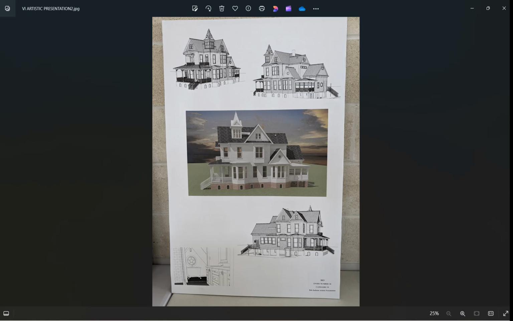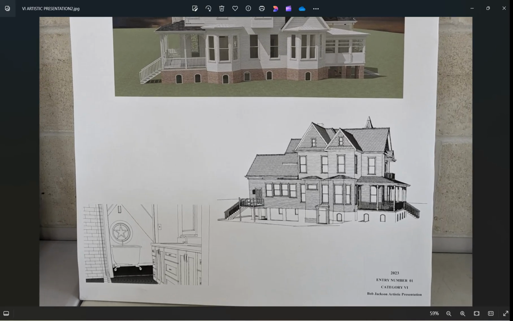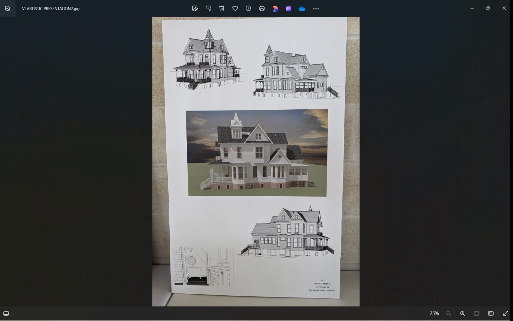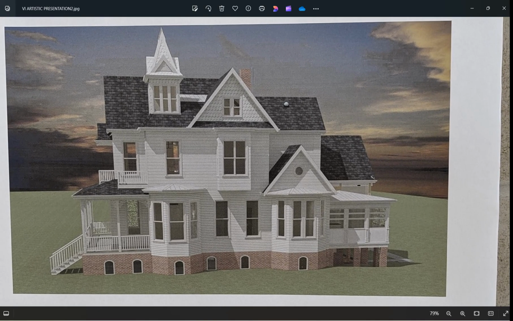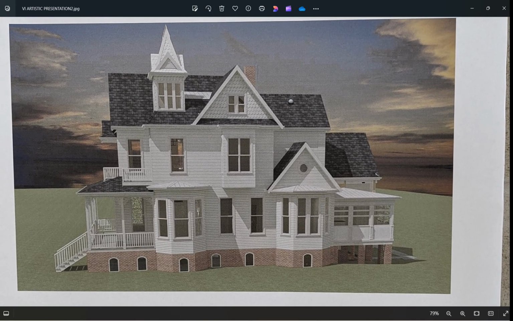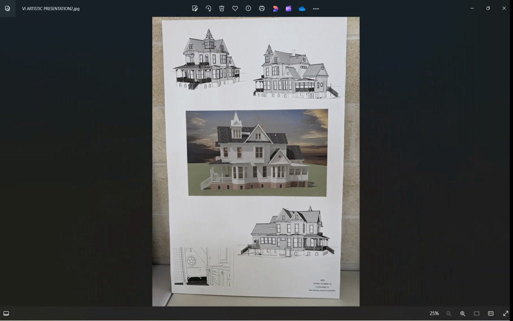And this person also did just the nice perspective views and rendering and an interior view. It's whatever you as a designer want to convey. And sometimes we've received just one rendering, and that works as well. But here's the kicker: